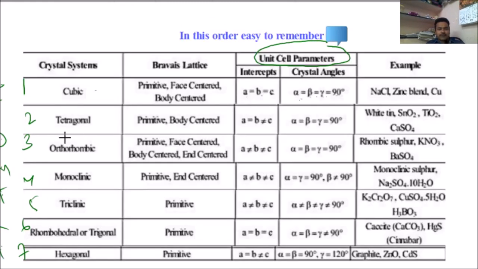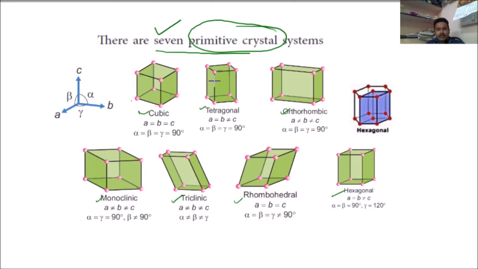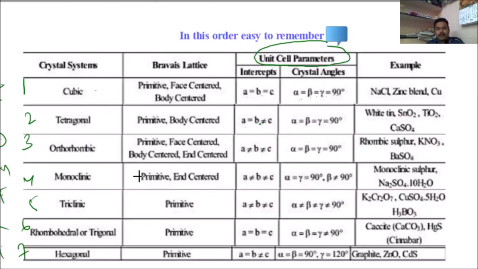And the next one, tetragonal, A is equal to B, B not equal to C. Observe, tetragonal, A and B are equal, but C, this lengthy line, is not equal. Like that, for everything you can observe by the diagram. See here, why am I following this order? See the logic: A, B, C, alpha, beta, gamma, all are equal here. Next one, tetragonal, A is equal to B, not equal to C, here a not equal to is coming. Orthorhombic, see here, one more not equal to coming. Here I am not going to change anything.